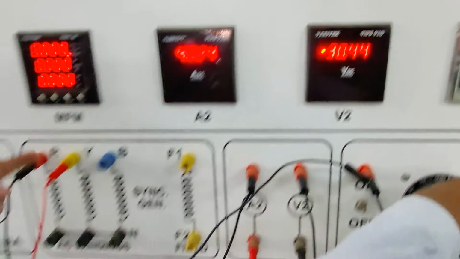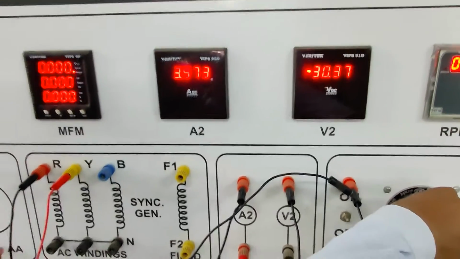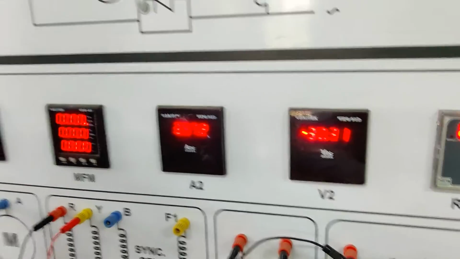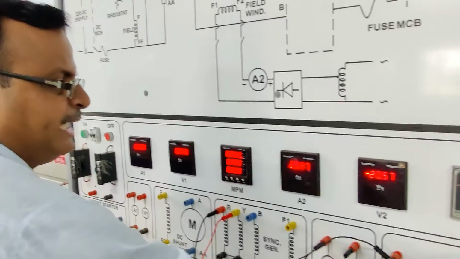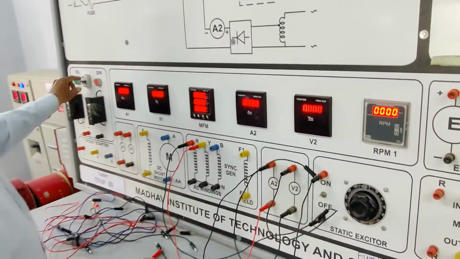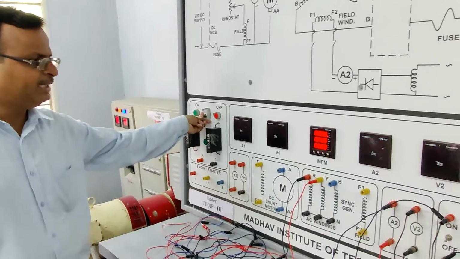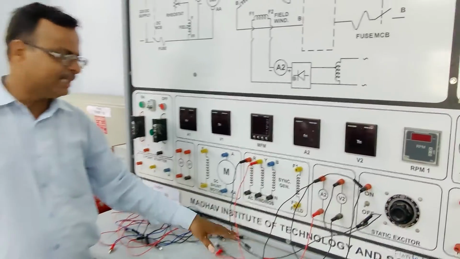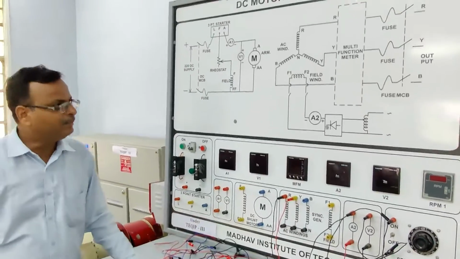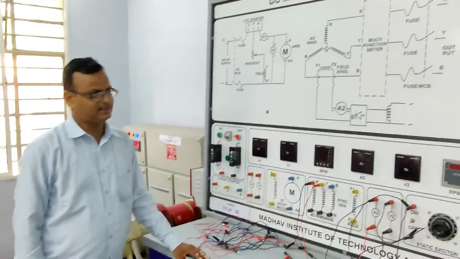Two phase means R of Y, and divide by 2, we can calculate the resistance per phase. So this is the stator winding test. So with the help of these three tests, open circuit test, short circuit test, and stator winding resistance, in the calculations part, we will determine its voltage regulation. Okay, thank you.